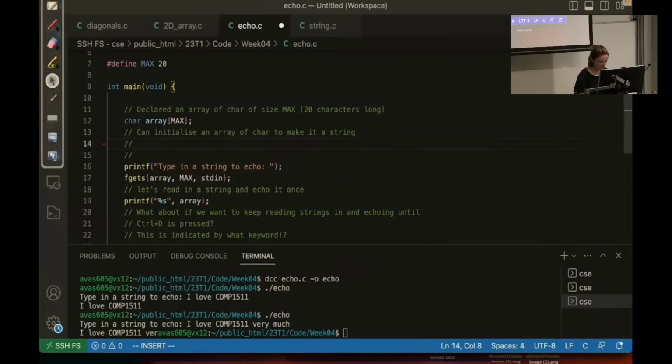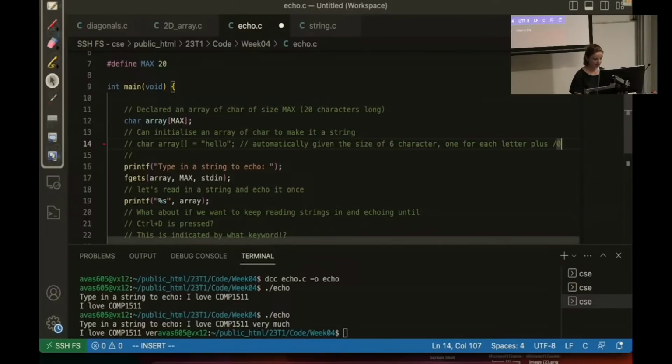The way I would do that is I could say char array, square brackets, and if I'm initializing it in double quotation marks, I can write whatever I want it to be initialized to. So if I write "hello there", then this array's size is going to be automatically given, 1, 2, 3, 4, 5, so it's going to have 6 characters, which is 1 for each letter plus a null terminator to finish off. And the null terminator is a special character